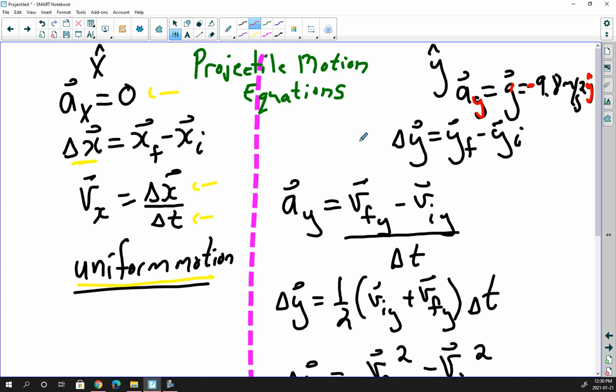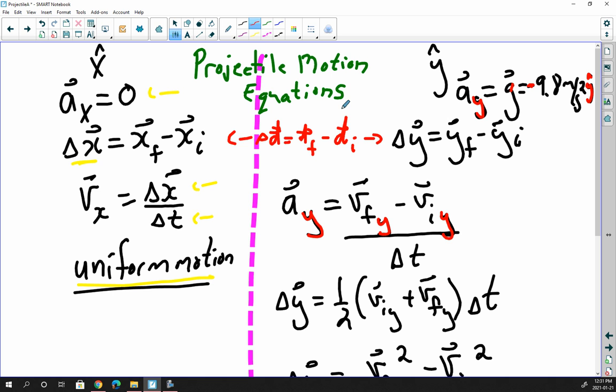We now can look at a change in the y position, the y component of the position. Delta y is equal to y final minus y initial. So really, our old friend, change in position, which was d final minus d initial, that's too simple. We can't use that. We had to break it down into components. And since all of the accelerations are dealing with y acceleration, the equation that was familiar to you, acceleration is equal to final velocity minus initial velocity all over time, is final velocity y component minus initial velocity y component,